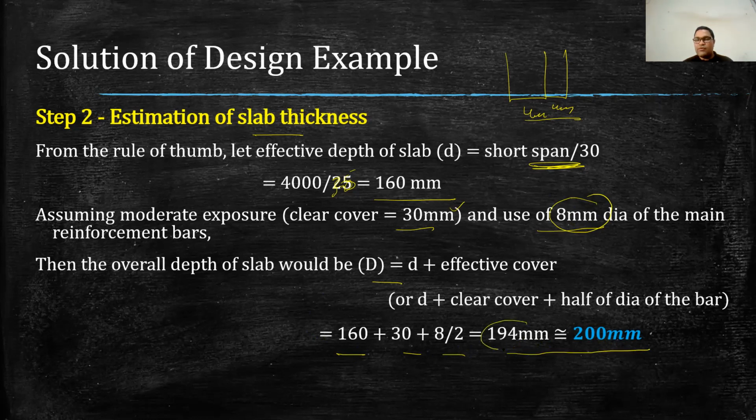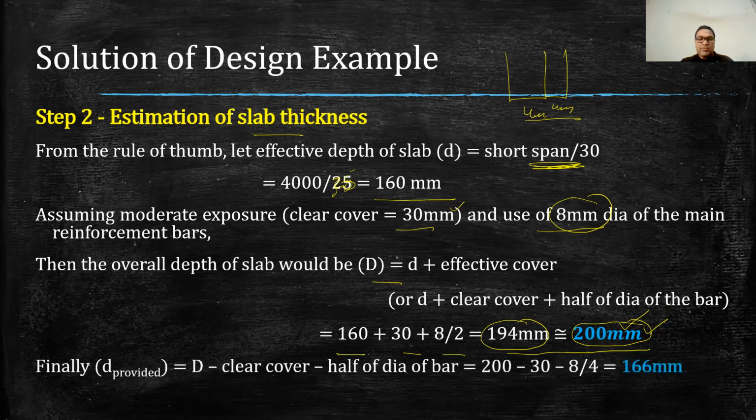I mean, it becomes 194, and roughly we want to round off this value to the higher side. So ultimately the thickness of slab becomes 200 mm. So basically this thickness is the tentative value. We have not verified whether this thickness is sufficient or whether it is way too much. So this will be verified only when we will find out maximum bending moment which will be generating in this slab. So that we will check in step 5 or 6. So for the start of this problem, our first estimation of the thickness is say 200 mm.